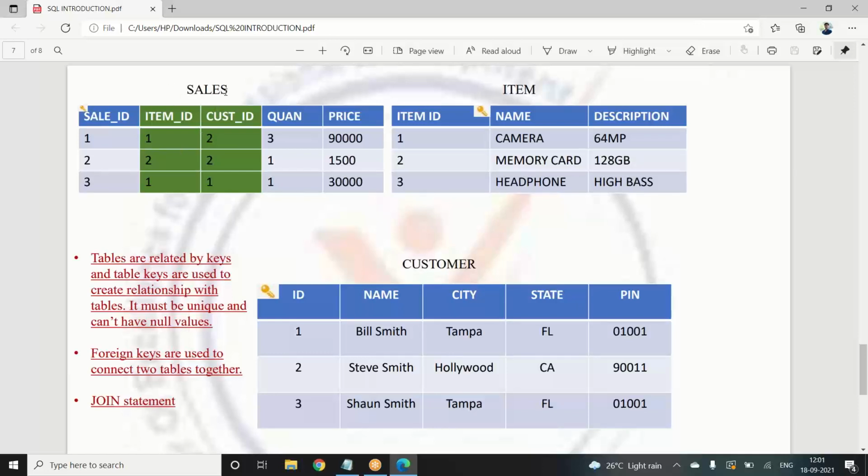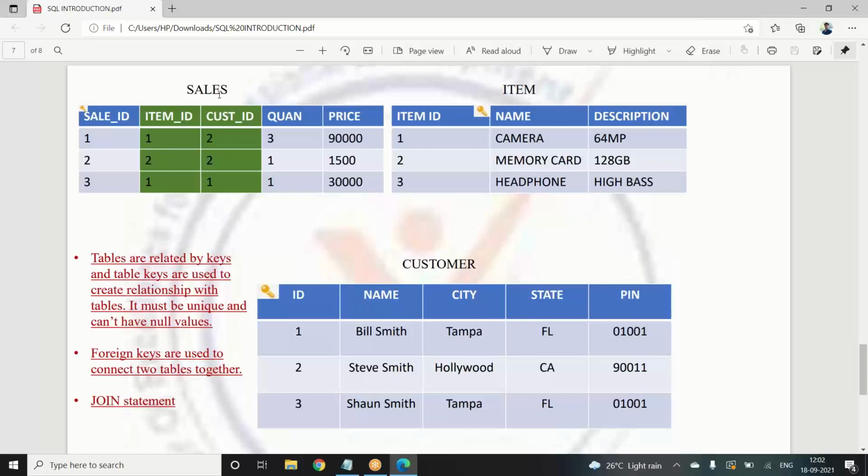Now you guys have to listen carefully to understand. It might be a bit confusing. So we have created the customer table and the item table, and we have found out the unique ones, and we have given them the primary key. So we have 2 tables, and the item ID and the customer ID, we have connected to the sales table. So we have connected other tables' columns to this one. So for the sales table, these 2 which have come from other tables will become the foreign keys. Got that concept?